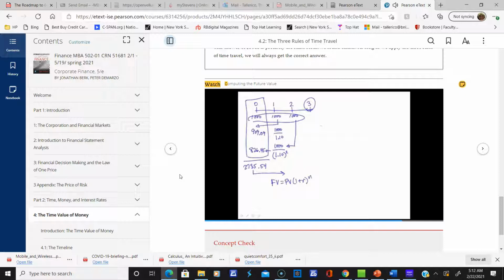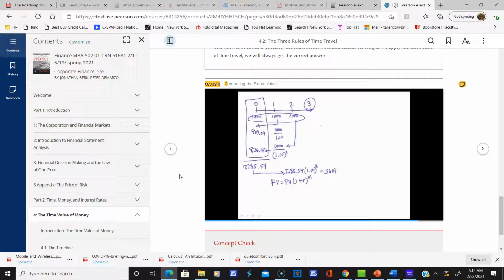We know the present value, $2,735.54. We know the interest rate is 10%, and we've got 3 years of compounding to go from year 0 to year 3. And we get our answer of